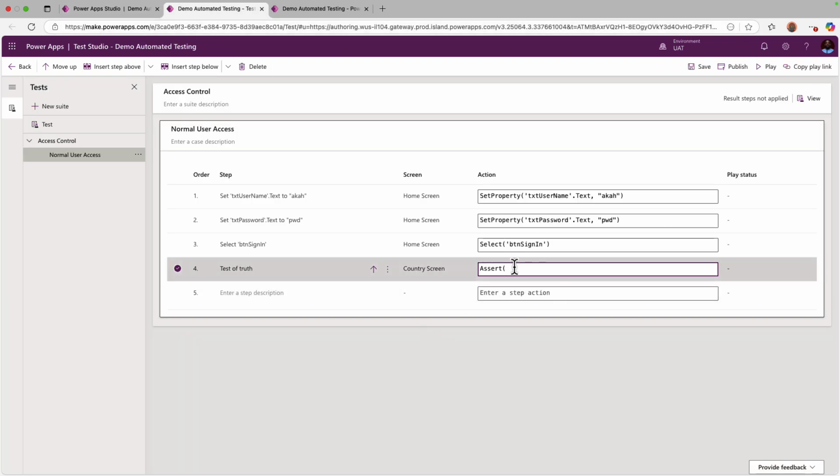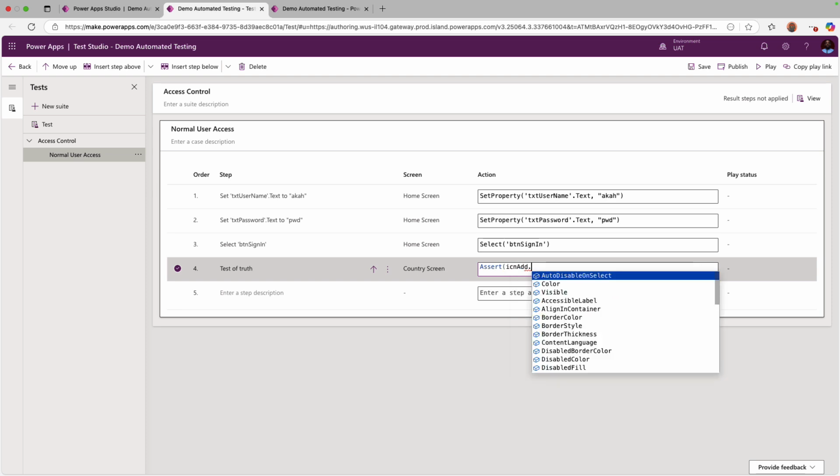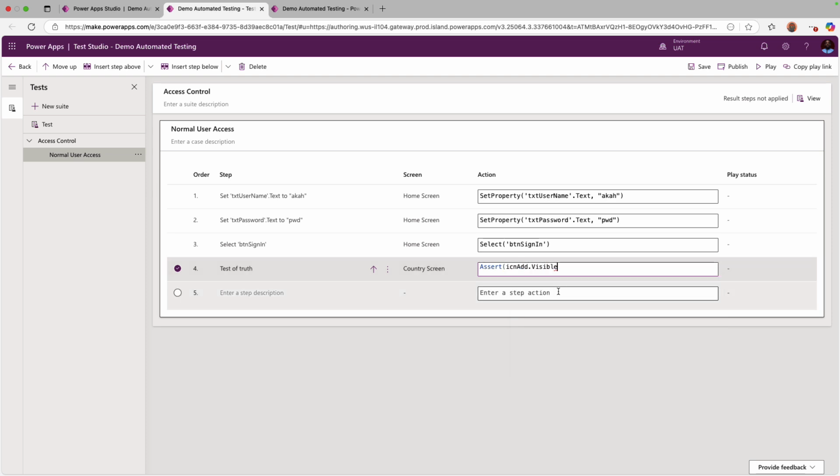So I'm going to test ICN add dot visible, meaning the visibility property. If this is not visible, then my case is valid. But given that the assert functionality will be valid only if the value you pass in is true,